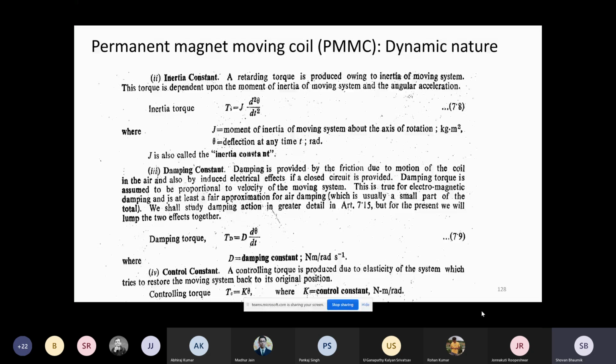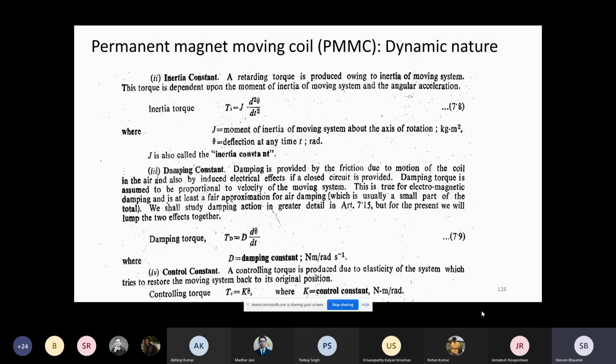So that torque is due to the inertia of the moving system, which you can call Ti, the inertia torque, which is J d2 theta dt2, where J is the moment of inertia of the moving system about the axis of rotation. Here the moving system is the aluminum former and the coil wound on it, and the aluminum former rotates,